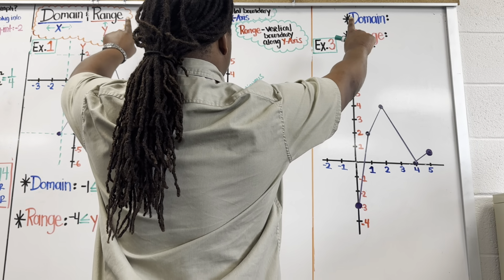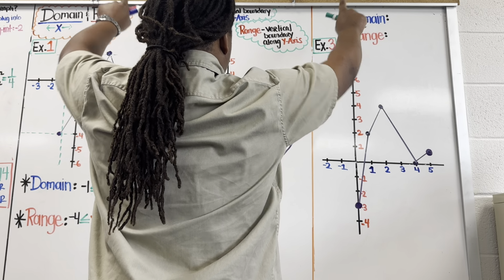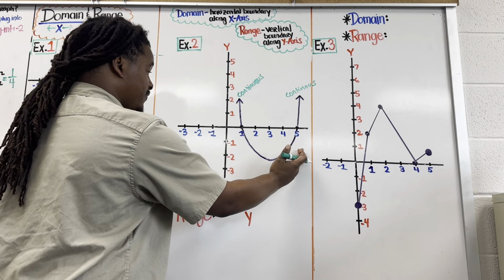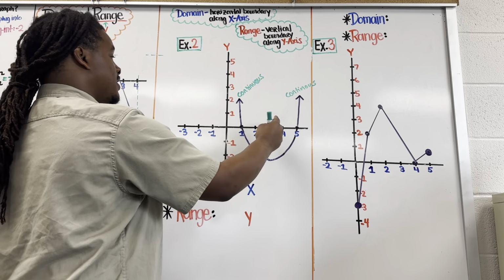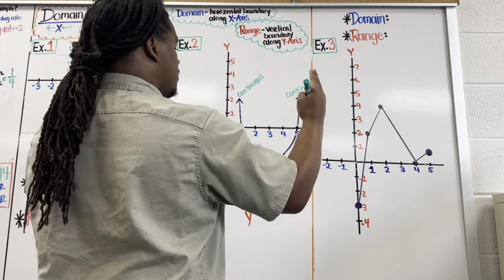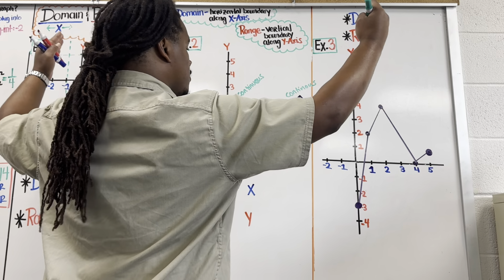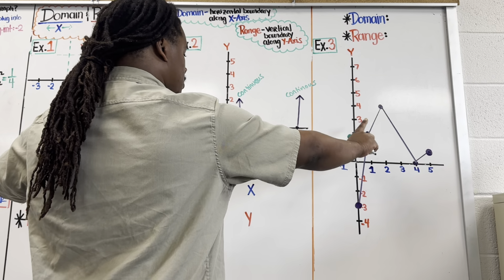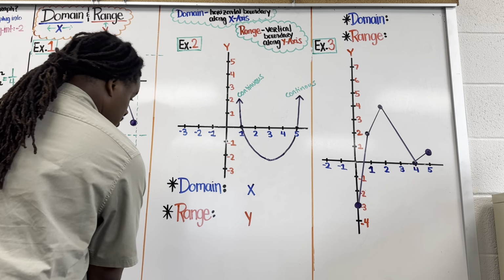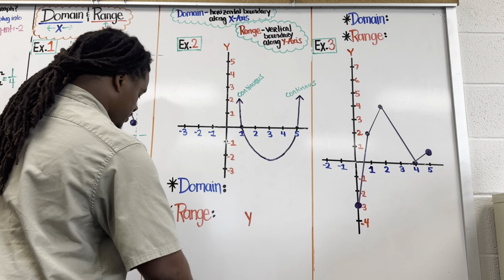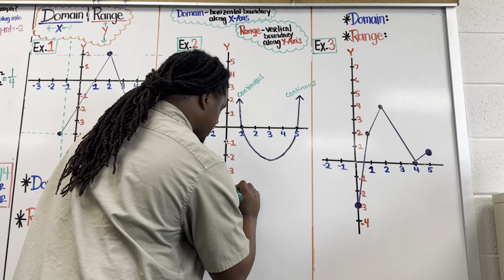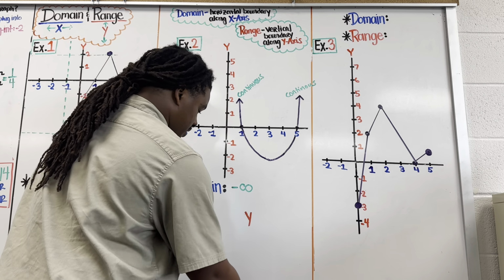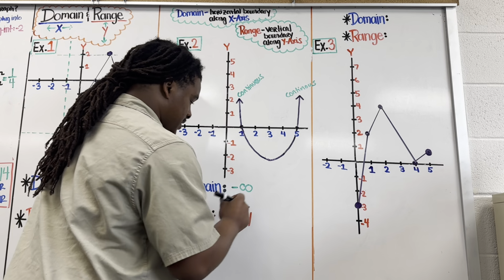Because it will continue on along the x-axis, that means that the domain along the x-axis is from negative infinity to positive infinity, right? These arrows are letting us know, guys, that it doesn't matter, the function is going to continue to go. And as it continues to grow, it will continue to expand along the x-axis. So the domain is from negative infinity, because it will keep going. Negative infinity is less than